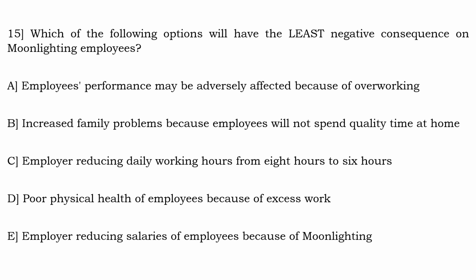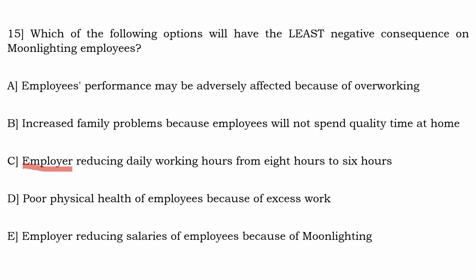Option C, employer reducing daily working hours from 8 hours to 6 hours. So it says that when you do moonlighting, the employer will reduce your working hours. From the passage, we know that the employee will be paid according to the hours he is working. So if the working hours are reduced, obviously his salary is also going to be reduced. But what you have to bear in mind is that the singular noun is used here, employer. It is not saying employers. So one of the employers for which the employee is working is going to reduce the daily working